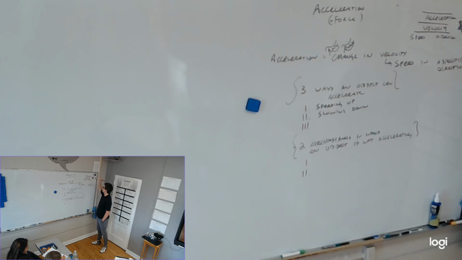And then here's a little spoiler alert. What causes these accelerations? Speed. No, what causes the acceleration? What must happen? Force. Force, specifically unbalanced force. So we've got these layers here, and if this is changing, then this is changing. And if this is changing, then it is accelerating. And if it is accelerating, there must be an unbalanced force. So we've got these layers of stuff we talked about.